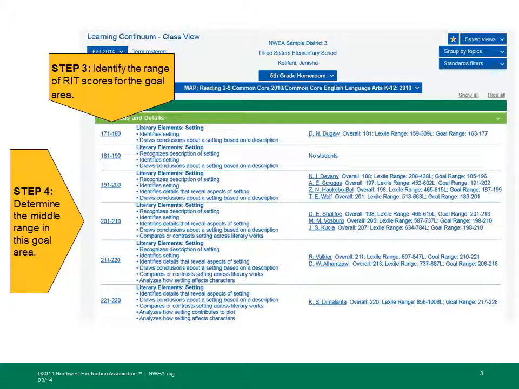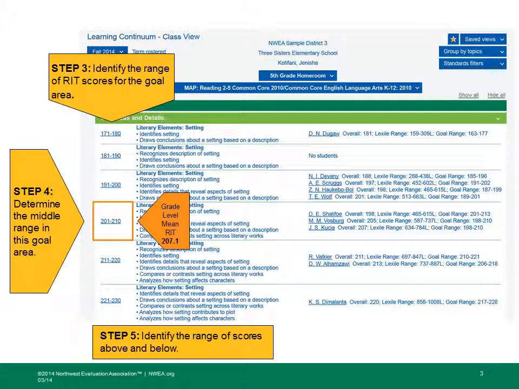Then we determine the middle range in this goal. The middle range is 201 to 210, with the grade level mean being 207.1. Then we identify the range of scores above and below that grade level mean. If you look carefully, you have one group that is 171 to 200 and another group that is 211 to